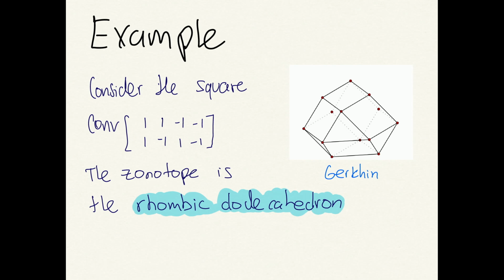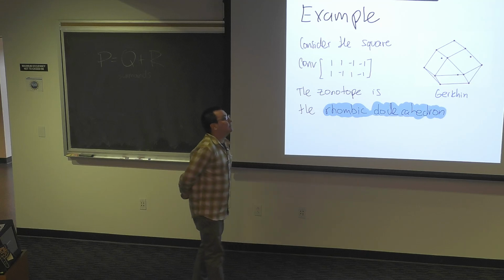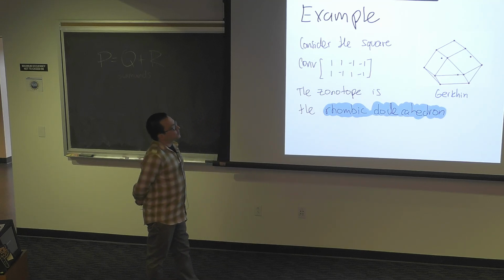and I can put it in dimension 3, take the zonotope. That zonotope is a famous polytope, the rhombic dodecahedron. That guy is decomposable, but what we are saying is, take everything that is at a level more than 1. So basically in this case we are removing one vertex, and that thing ends up being indecomposable, which is interesting